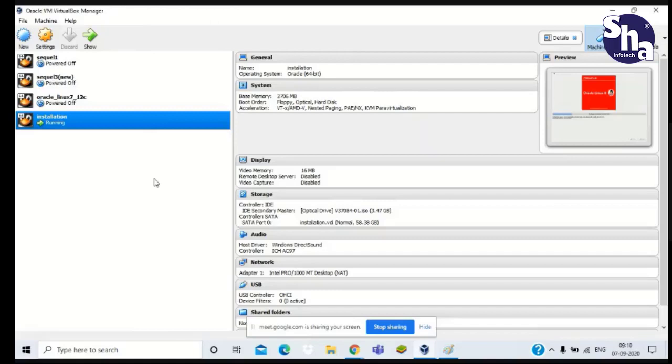We need to create our own PC, our own system, within that disk, within the Windows OS. Within Windows OS, you are creating one more computer inside your computer. It is something like that.